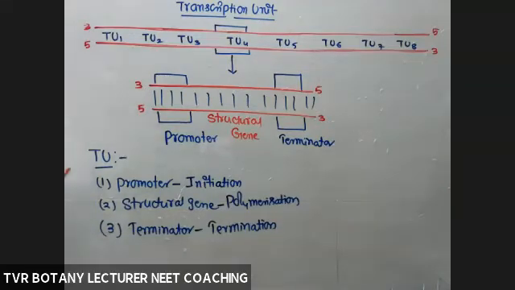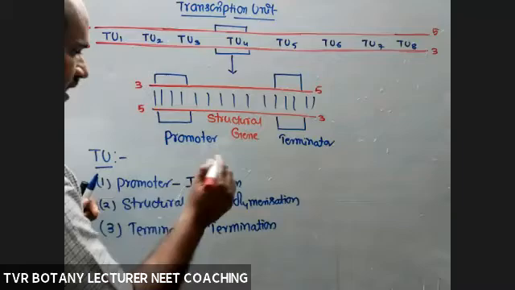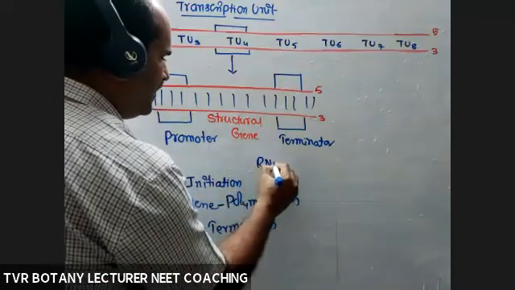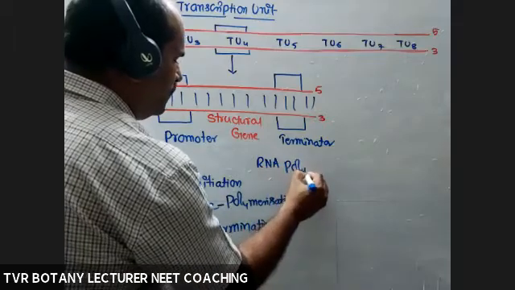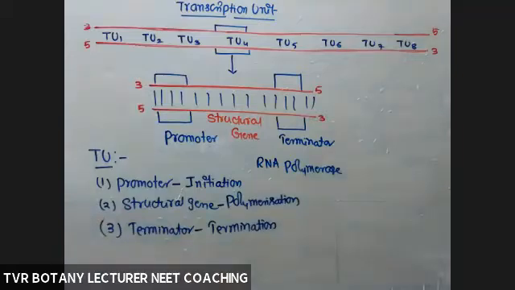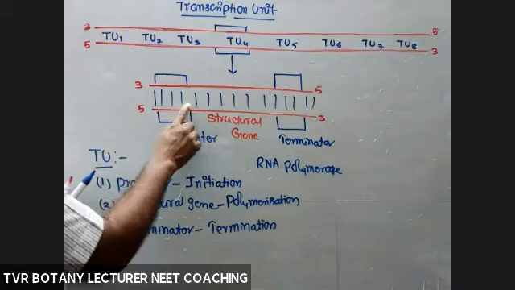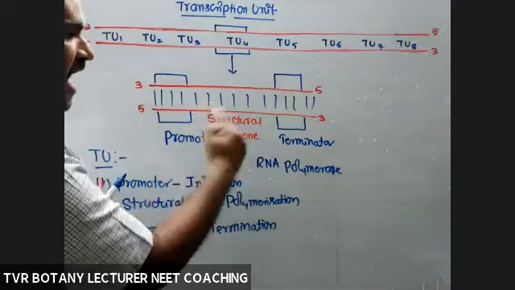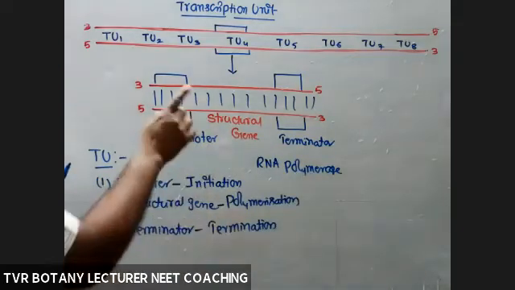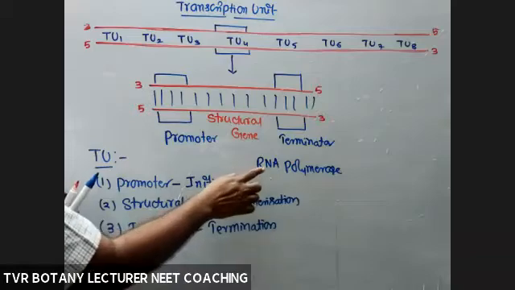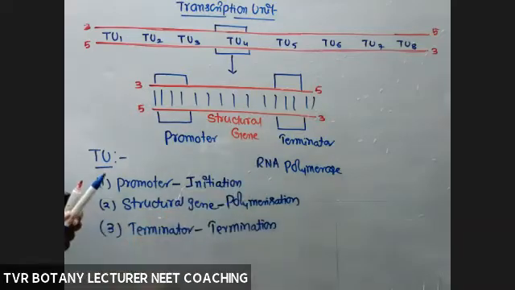Okay. So here, the main enzyme is RNA polymerase. What is transcription? Synthesis of an RNA molecule from a DNA molecule. So this enzyme is a DNA dependent RNA polymerase. It depends on a DNA template to synthesize the RNA molecule. Hence the name RNA polymerase.